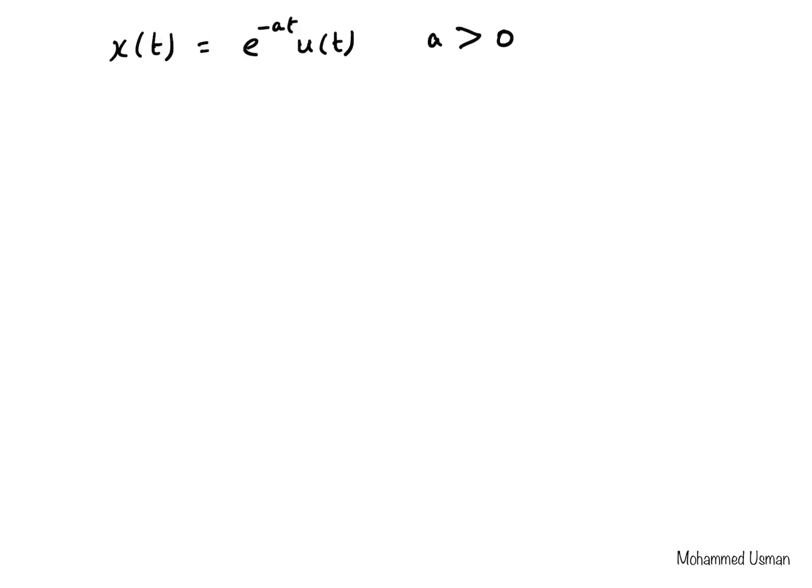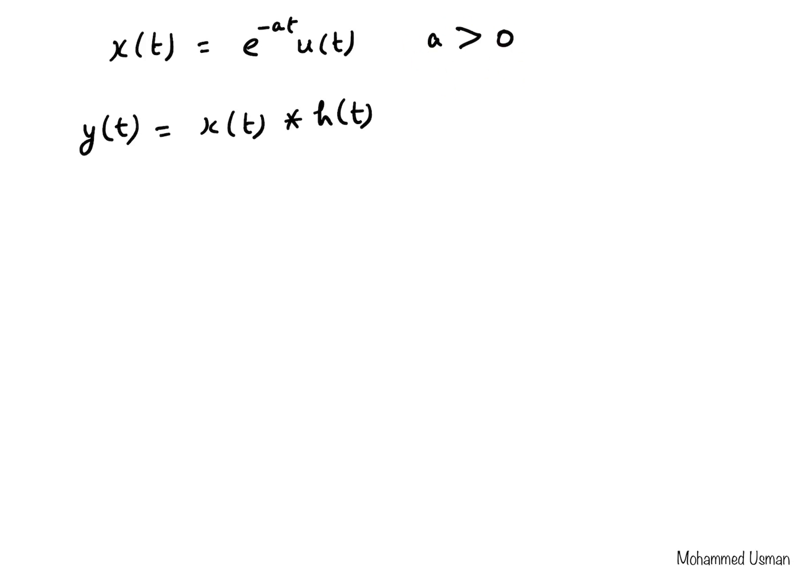So the output is based on our convolution integral, because we are talking about LTI systems now. y of t is x of t convolved with h of t. What is this condition a greater than 0 telling us? It's basically saying that a takes on only positive numbers. That means e power minus at will be a decaying exponent for all values of a